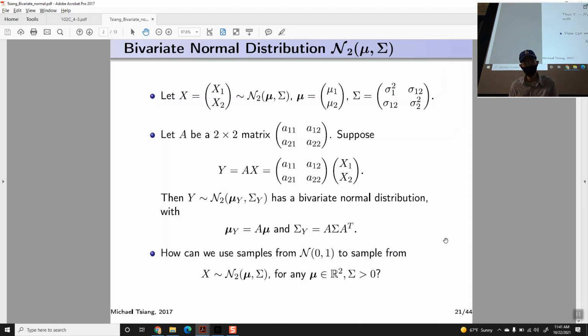So how do we do this? We have these properties: the mean, mu1 and mu2, and the covariance matrix as such. What we're going to do is create some intermediate matrix, some matrix A. Suppose this is what we have: A is some matrix with terms A11, A21, A12, and A22, right? And if that's the case,